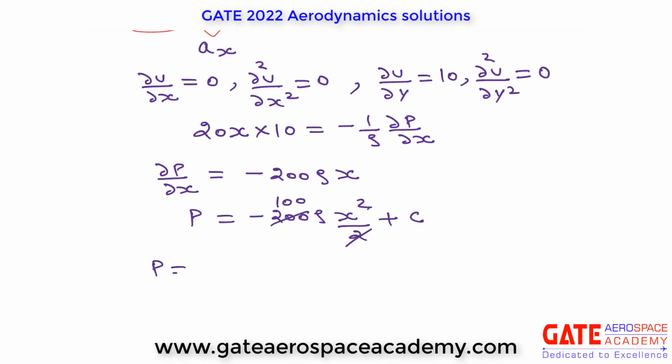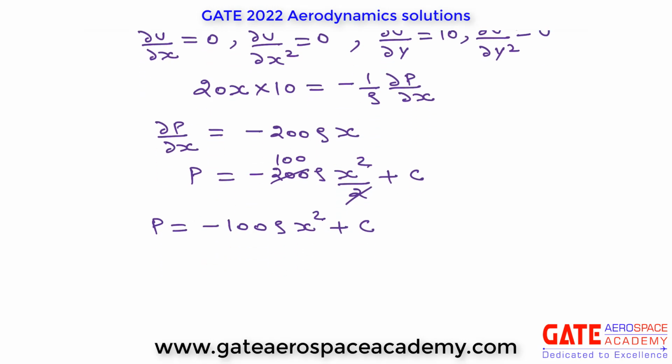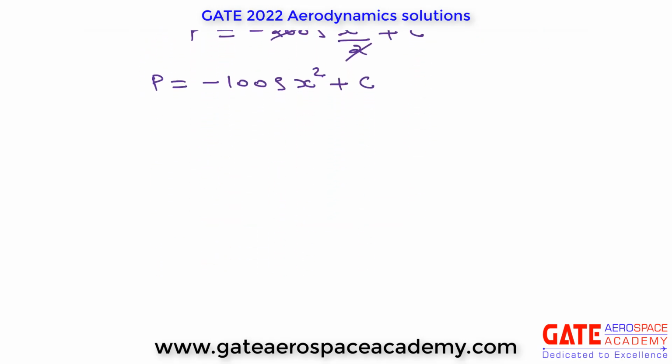So P is equal to minus 100 rho x square plus some constant. Similarly, we can write the differential form of momentum equation in y direction also. So what was that? Dou v by dou t plus u dou v by dou x plus v dou v by dou y is equal to minus 1 upon rho dou p by dou y